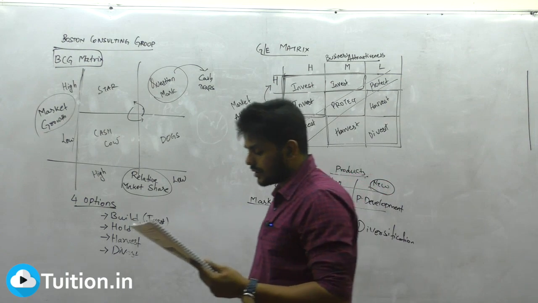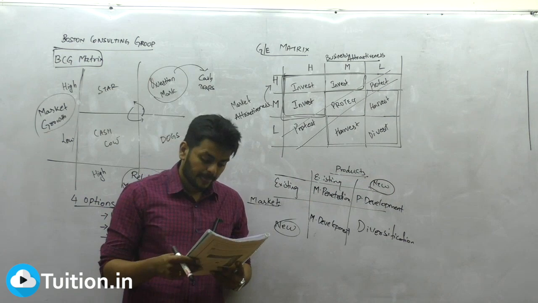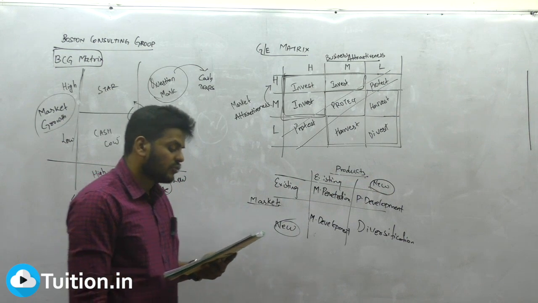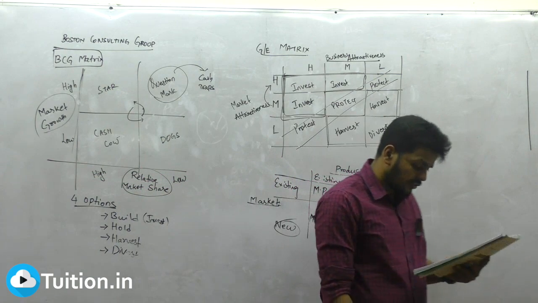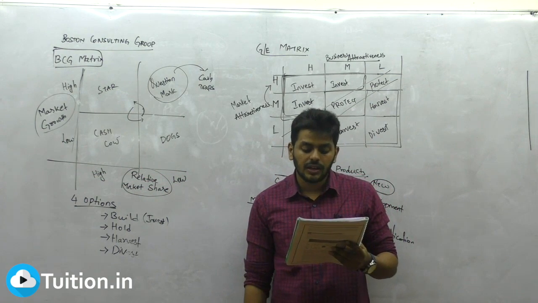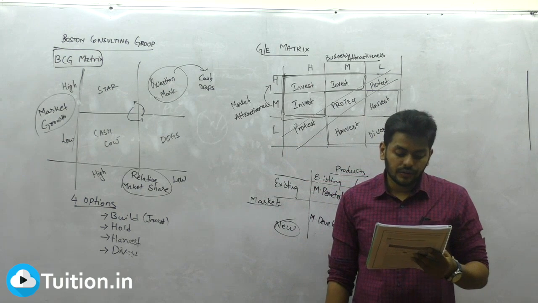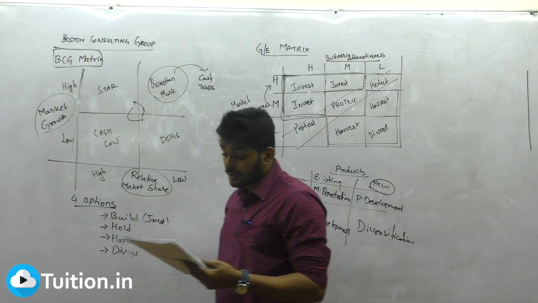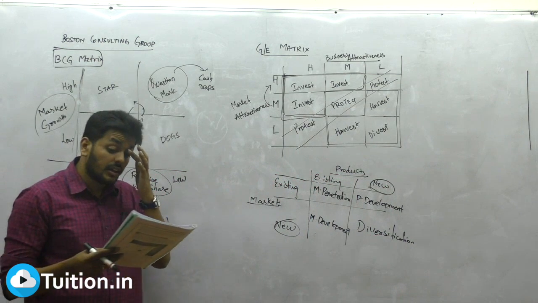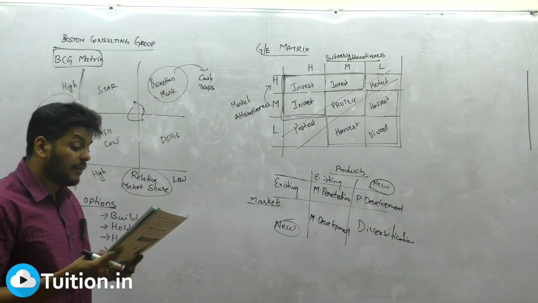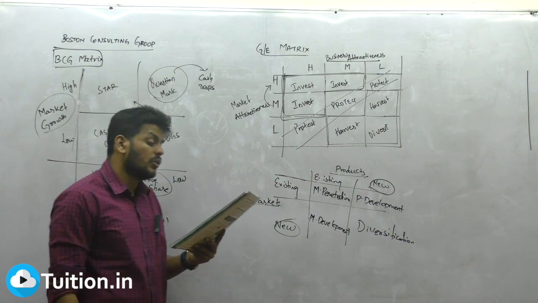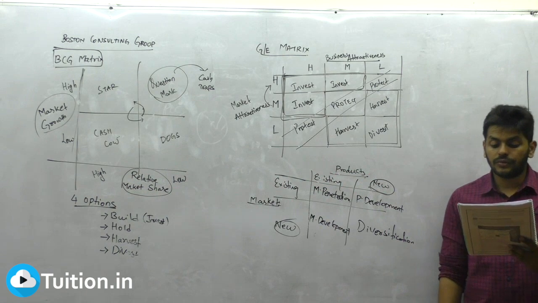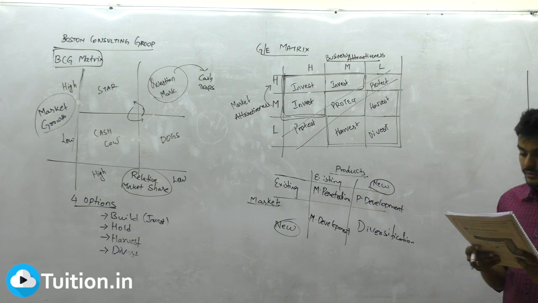What is it called as? Yes, diversification. What is diversification? Diversification refers to a growth strategy where a business markets new products in new markets. Underline, business markets new products in new markets. It is a strategy by starting up or acquiring businesses, underline, outside the company's current products and markets.